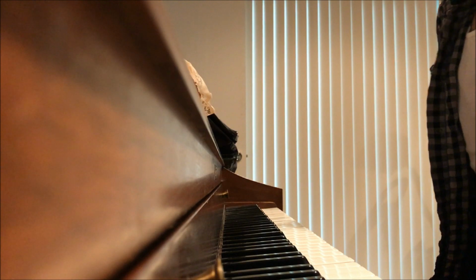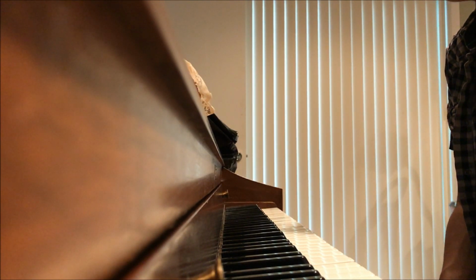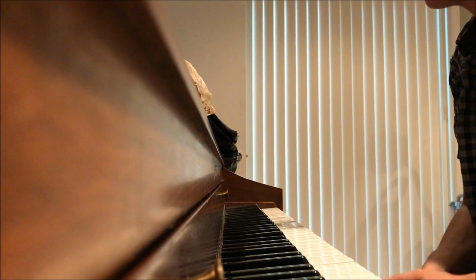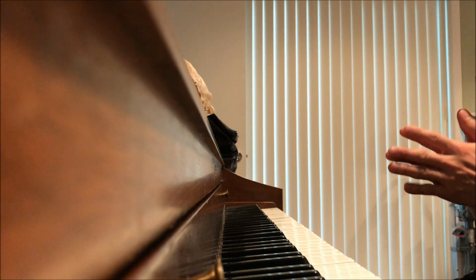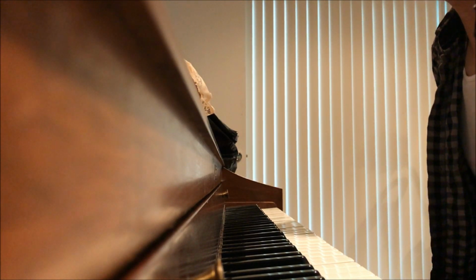Alright, so that's it for the K horn combinations. Obviously there are many more combinations I could play out, but a lot of them don't really sound that good, so I'm gonna just skip over that. Transition over to P horns. Alright, so same setup as before. We're gonna go through each individual P bell and then